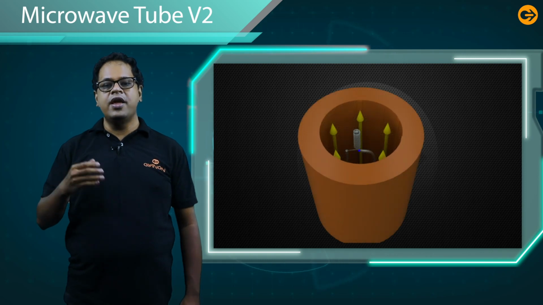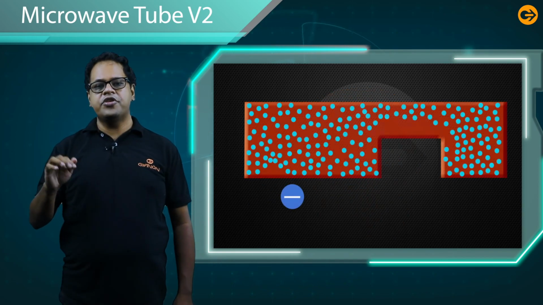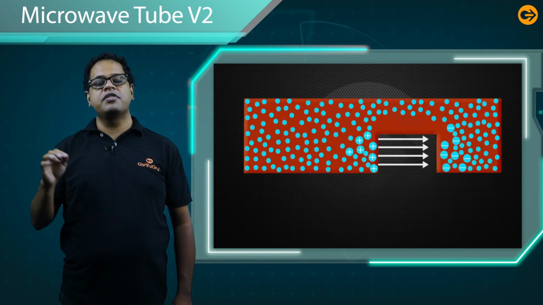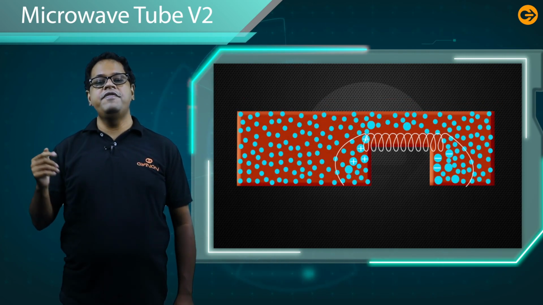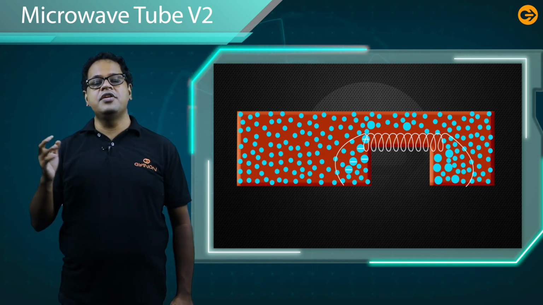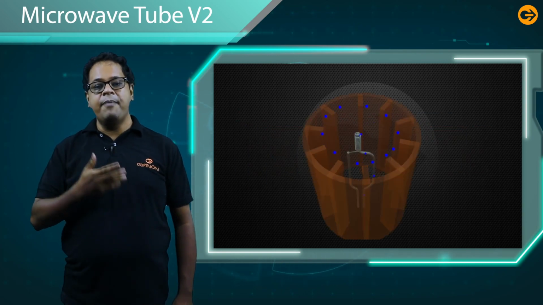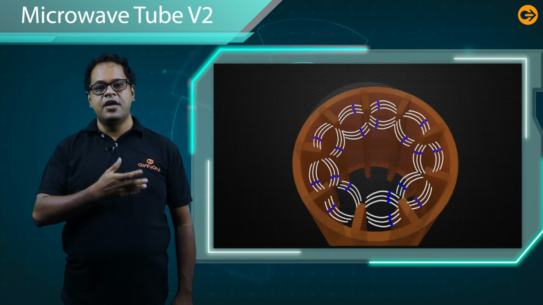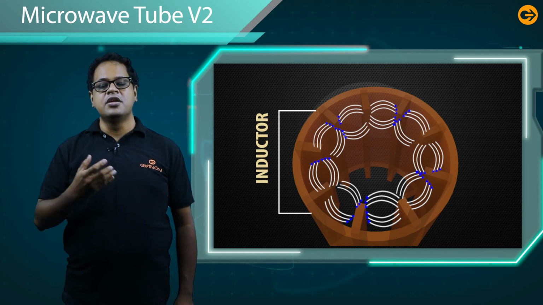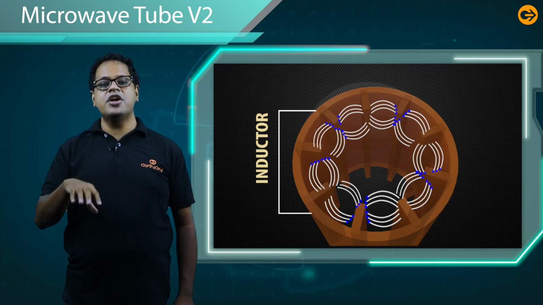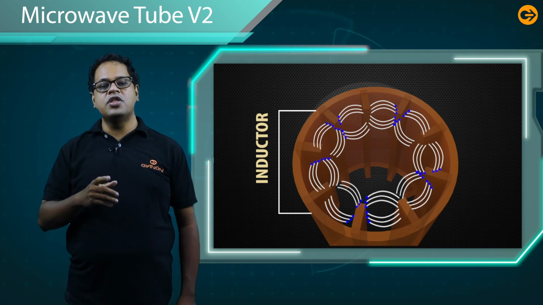If you consider one LC bar, that means a simple cutout bar, electrons will oscillate and move, and the electrons inside the bar will be repelled. Now, if you fix one inductor across this bar, an oscillation takes place. Similar things happen in this magnetron cavity. That means there is one inductor and one capacitor. So due to this inductor and capacitor, an oscillation takes place and the electron will keep rotating. This rotation is according to the microwave frequency.